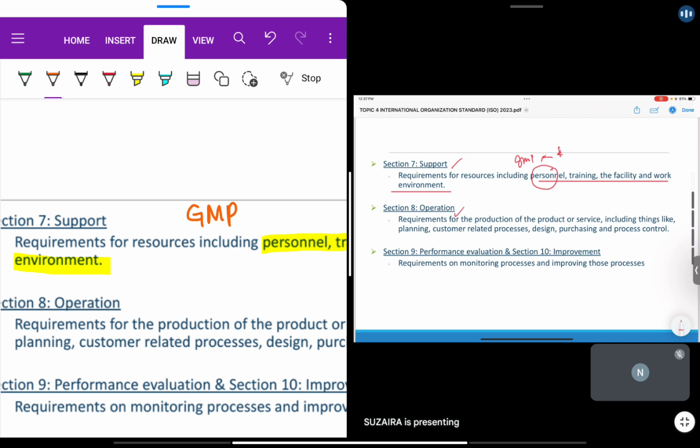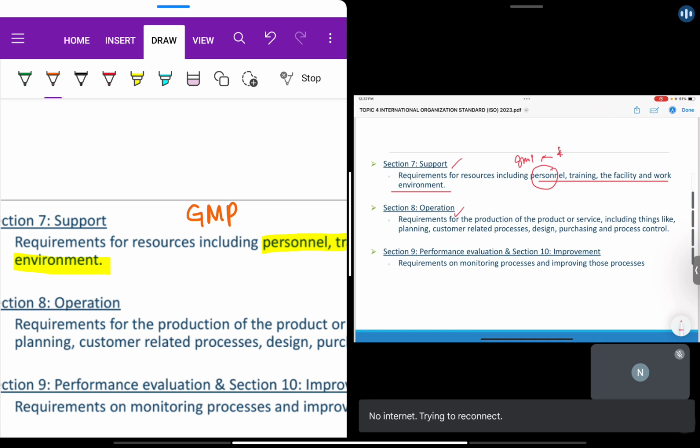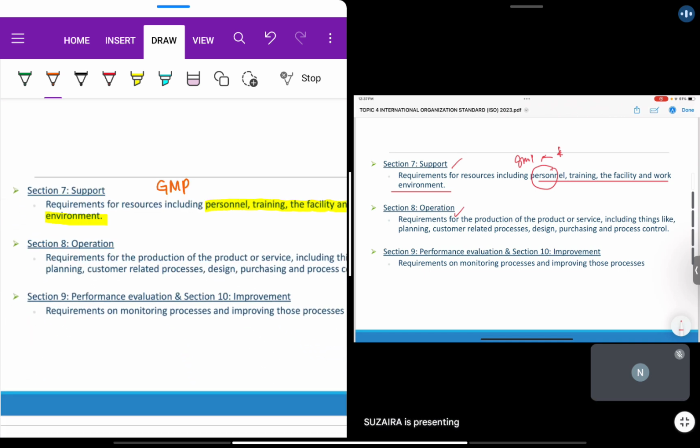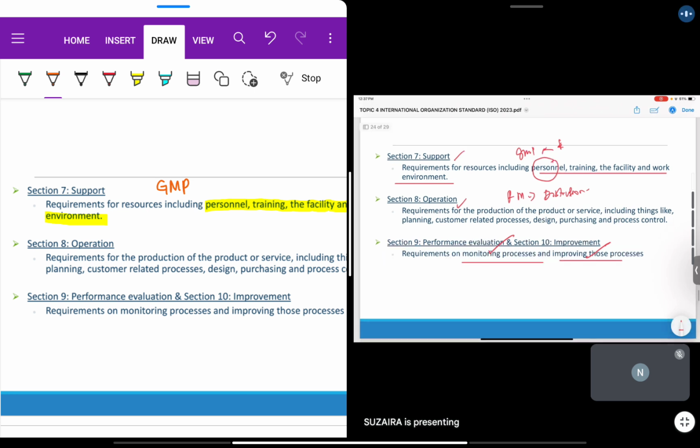Operation, more towards distributions, and the last one is performing evaluations and also improvement. Yeah, so more towards monitoring, you find defects and how you tackle those things through preventive measures. Okay,